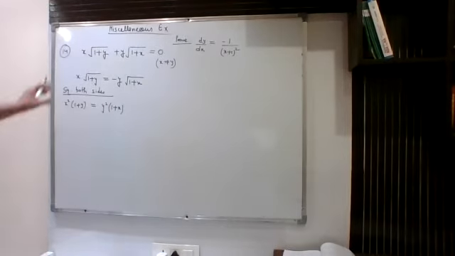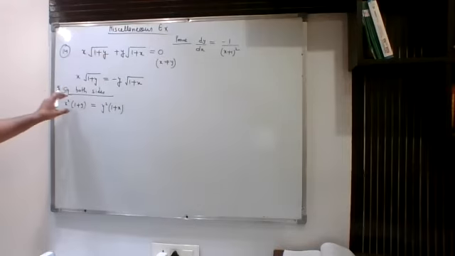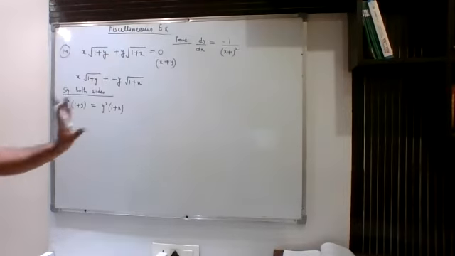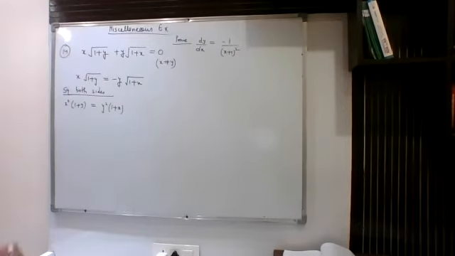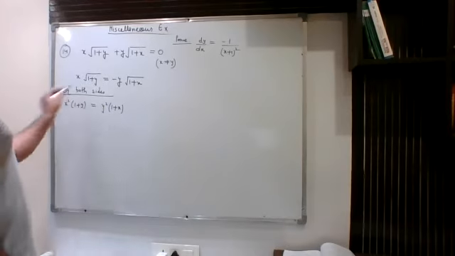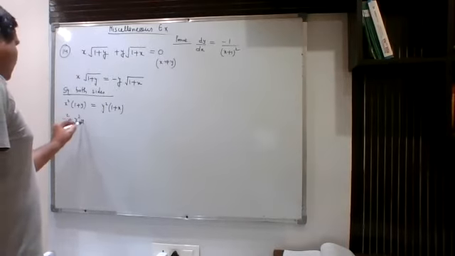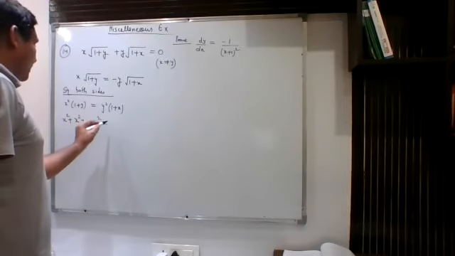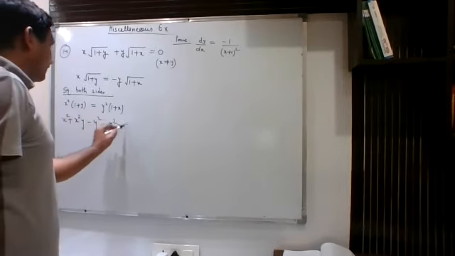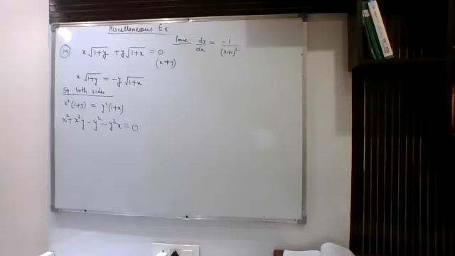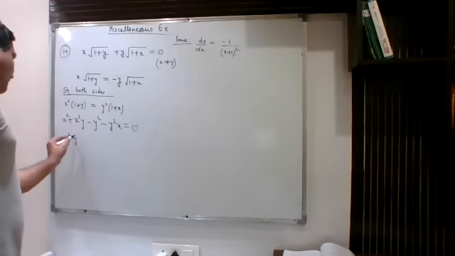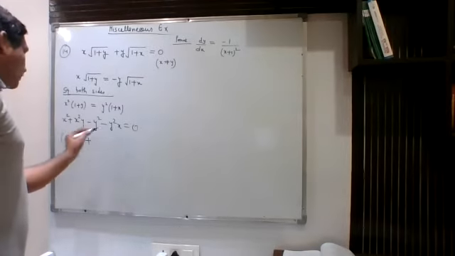So first we shifted this term to the other side, then we squared both the sides. So this is what you will get. Now after this, let us multiply and take everything on the left hand side. After multiplication and taking everything on the left hand side, this is what we will get. Now let us do pairings. We will club x square minus y square together, and these two terms together.